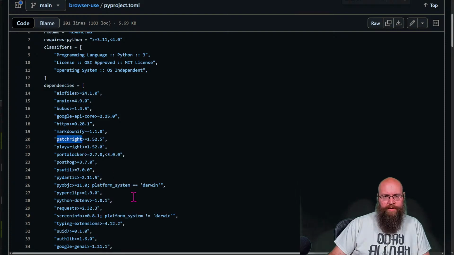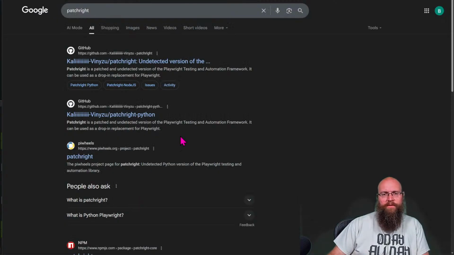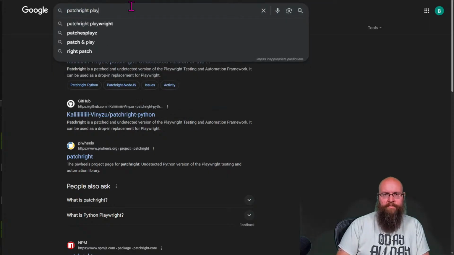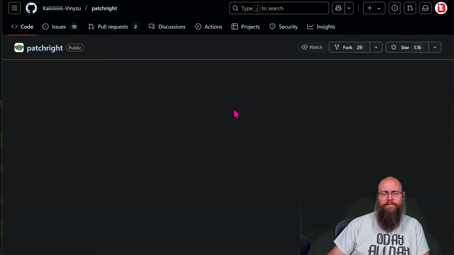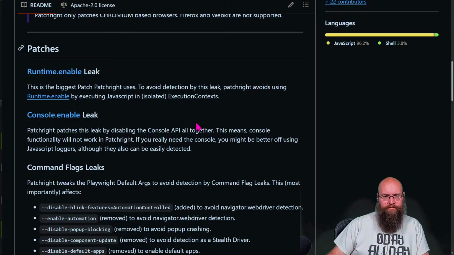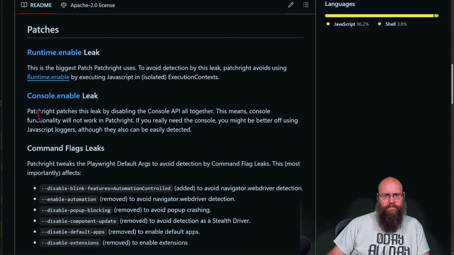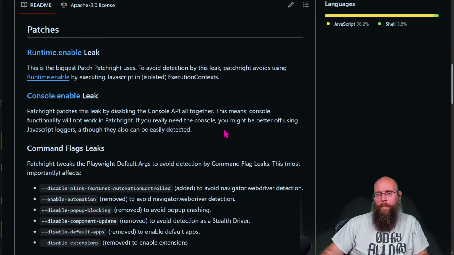What is this? Patchwright. Patched, undetected version of Playwright testing and automation framework. It can be used as a drop-in replacement for Playwright. Really? Patchwright patches this leak by disabling the console API altogether.